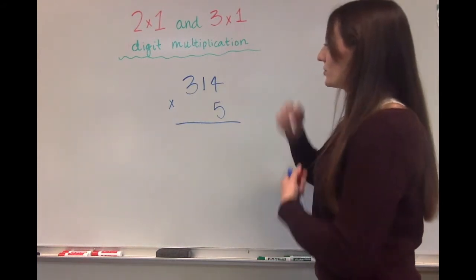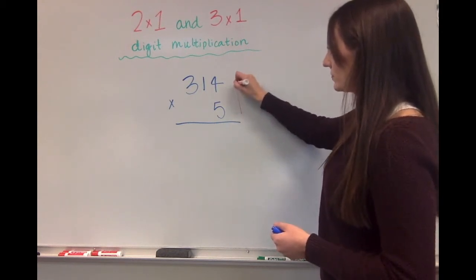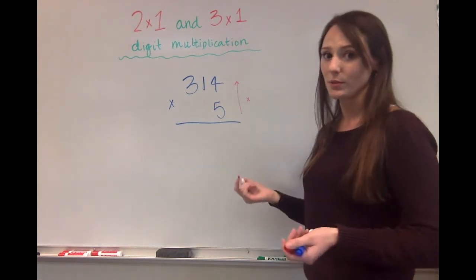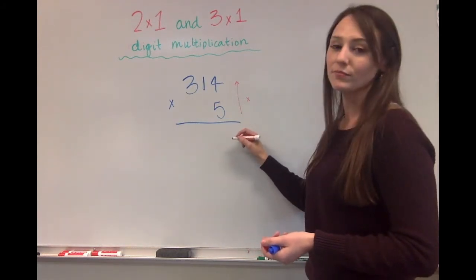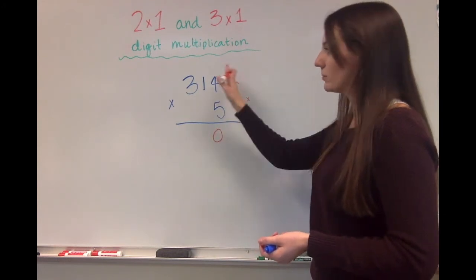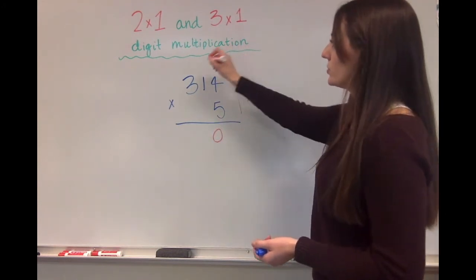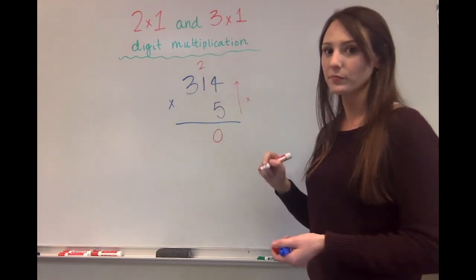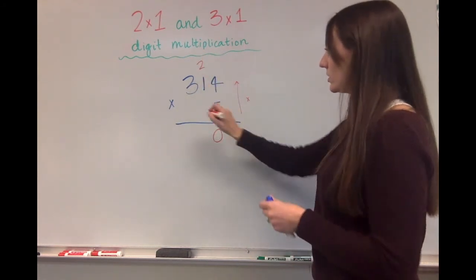Okay, so we're going to start by going up and multiplying. 5 times 4 is going to be 20. I take that number that's in my ones place for that number, and I put it in my ones column here, and I'm going to carry the number that is in my tens place to the tens column here. Then I'm going to be going over,